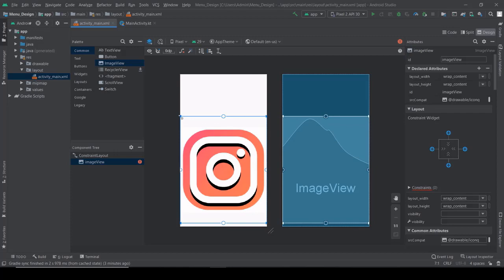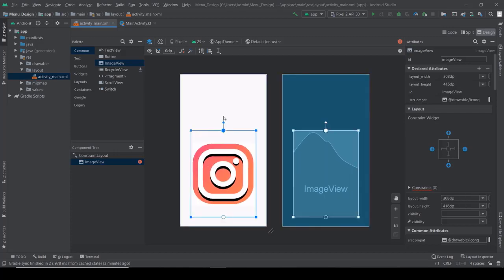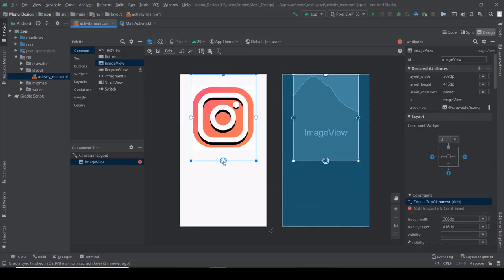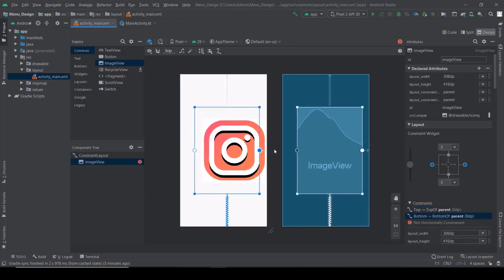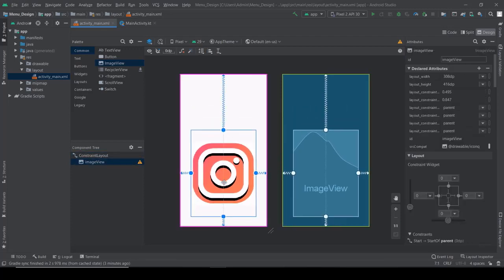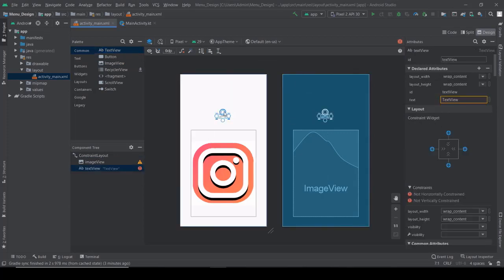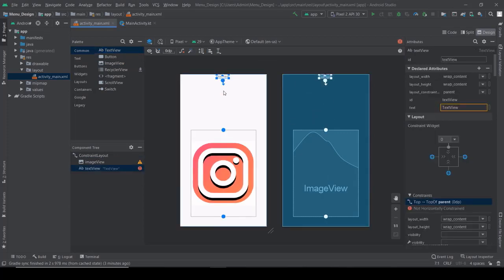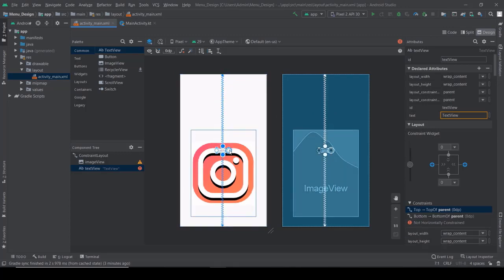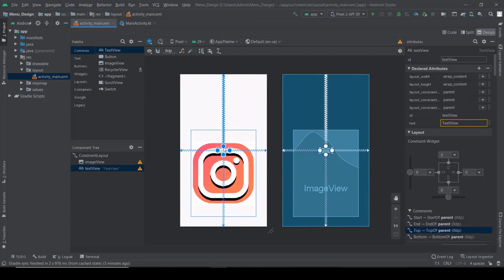Now initially resize that and set the constraint location. After that I'm going to place one more view, a text view, and set the constraint locations.